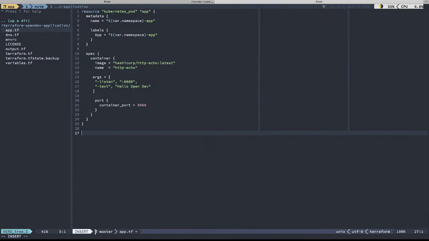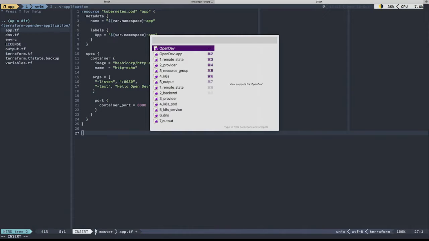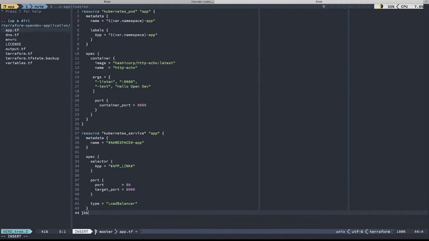But if I want to create the pod, I also want to expose it to the world, so I need to create a Kubernetes service. Sure, you might want to check in remote state for that extra R. Oh, I'm going to check that. All right, cool. I'm worried about the R. So again, we're just going to create a service, fill in the namespace, and then the application link. And again, this is using the interpolation syntax, so I can specify